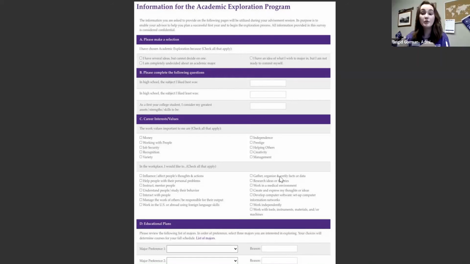Perfect. So in other words, you are ranking your options. This is my first choice, this is my second choice, this is my third choice. So be sure, if you're interested in testing different majors through AEP, that's the form. If you're not in AEP, you won't have this form. But if you are interested in testing different majors through AEP, be sure to rank the level of courses or programs that you want to test. So your first, it's obviously your first, and